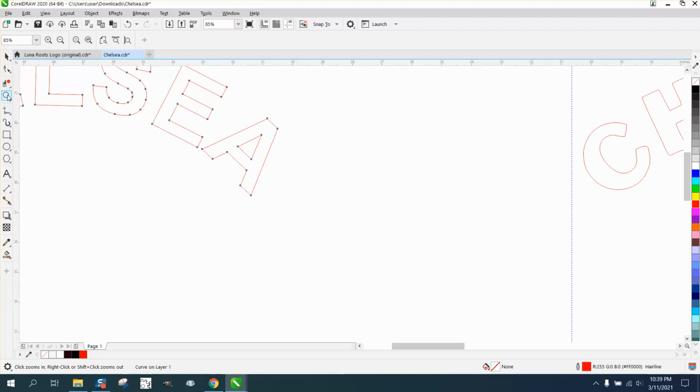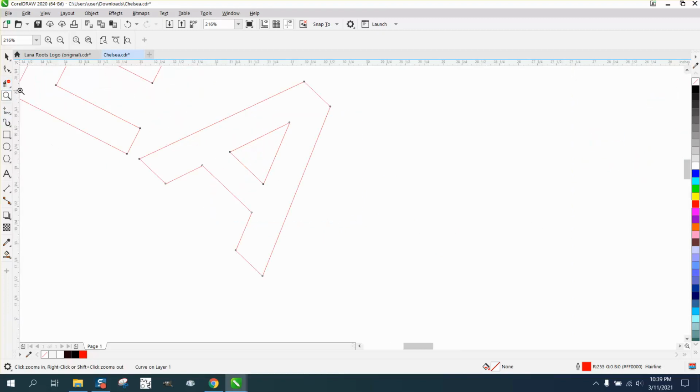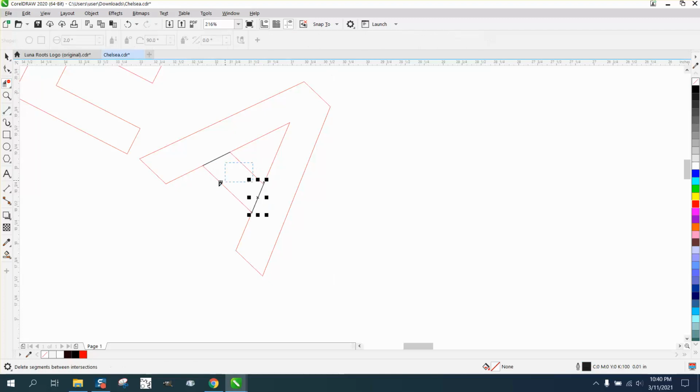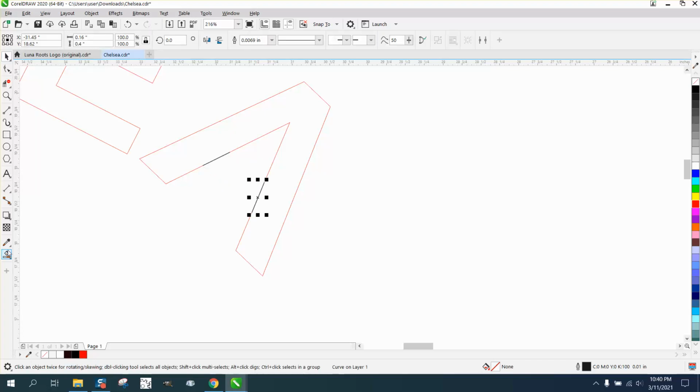I'm going to go to there, and I am going to take a 2-point line, and I'm going to go from that node to that node, and that node to that node, and then I'm going to take the virtual segment delete key, and I went a little bit too far. Now what I would do before I do anything else, I'd go ahead and smart fill it,